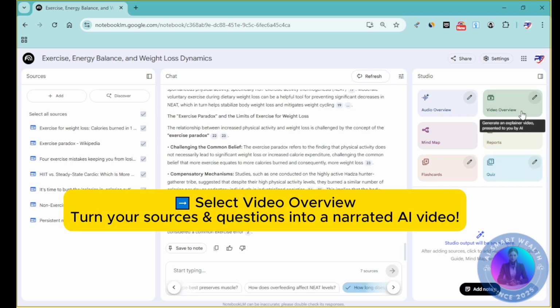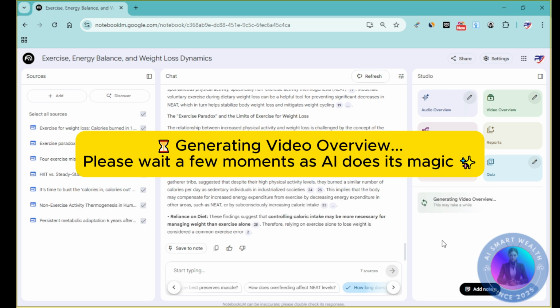Now, let's move to the really exciting part we've been waiting for. On the right side, select Video Overview. This is where NotebookLM transforms all your selected sources and questions into a fully narrated, AI-powered video summary. As you can see at the bottom of the screen, it starts generating the video overview. This process might take a little time, depending on the number of sources and questions you've selected, but it's completely